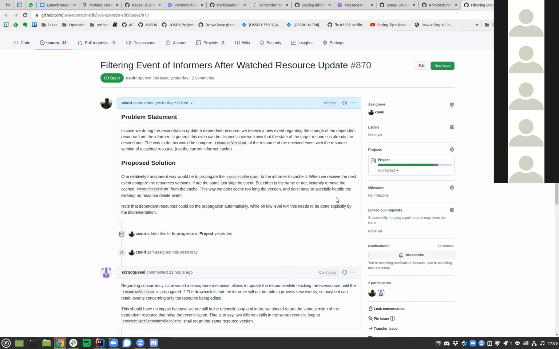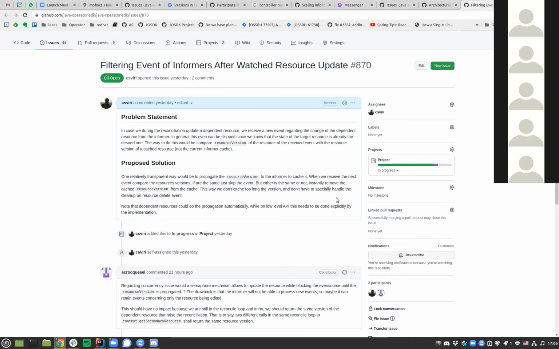We watch the observed generation in the custom resources, but this is not really applicable here because we don't control that. This is a dependent resource which we update, and the informer just triggers an event and the reconciliation again. Then we obviously don't update it again and it's settled. But